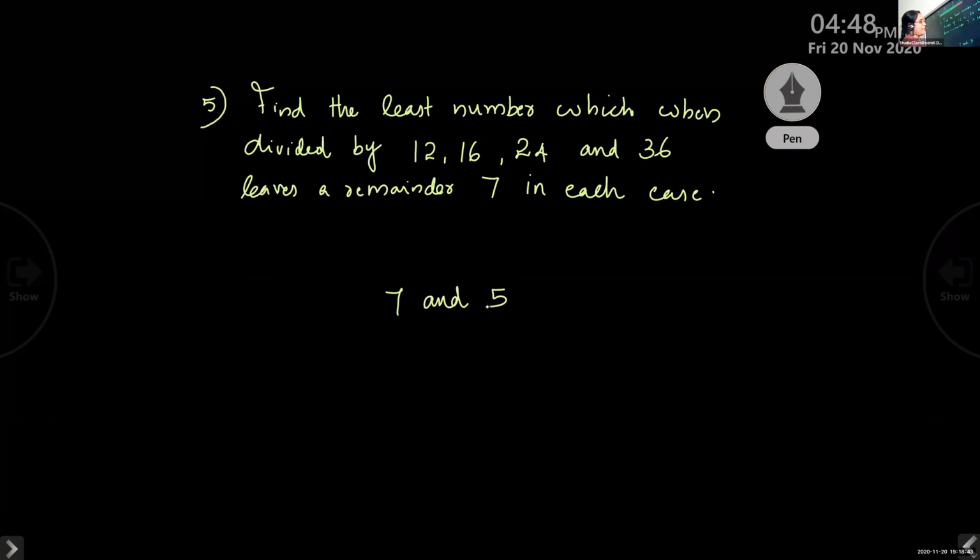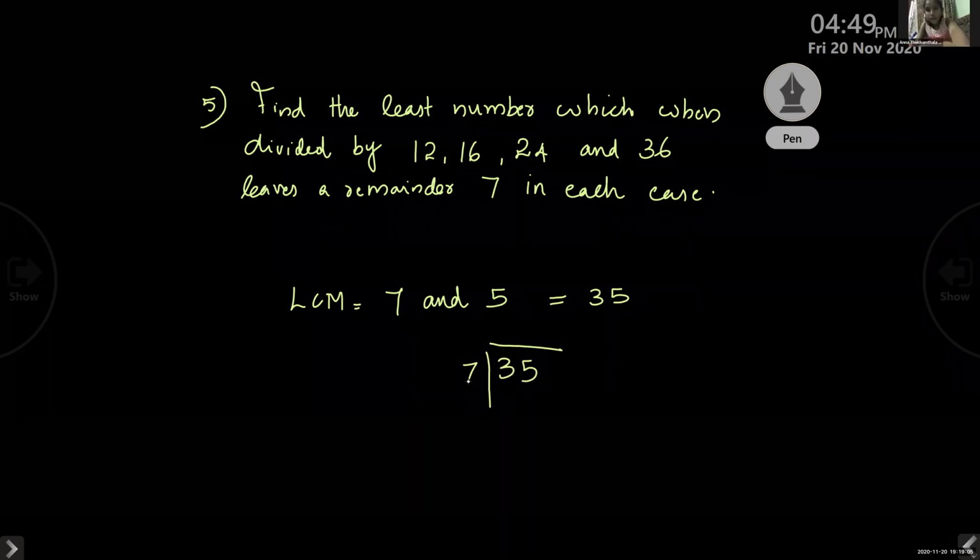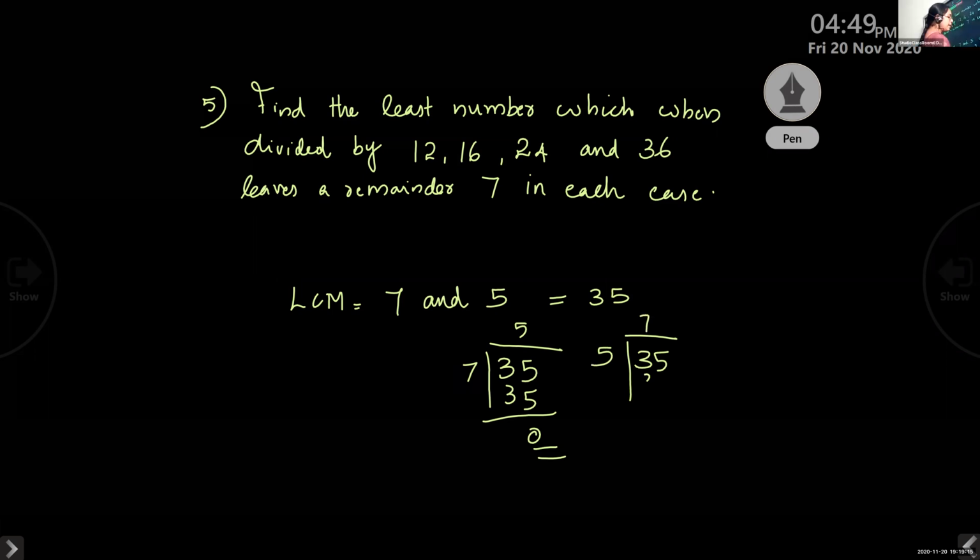Okay, children, suppose you take 7 and 5. What is the LCM of 7 and 5? 35. Now, when I divide 35 by 7, what is the remainder? It completely divides, right? 0. When I divide 35 by 5, what is the remainder? 0. But if I add 1 to it, 35 plus 1,